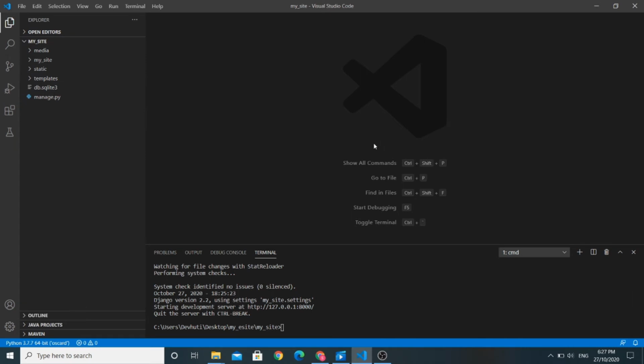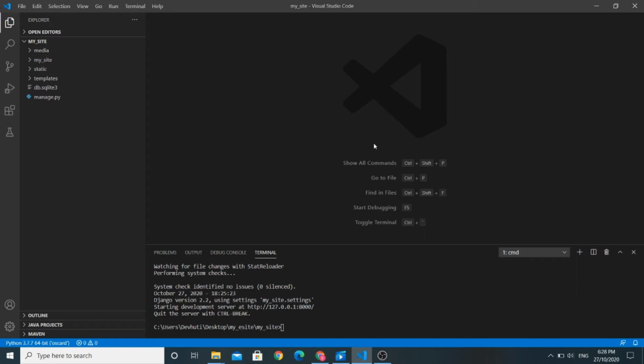So let us see what are the different steps we need to follow in order to fork the app in our project. Consider that we want to fork the checkout app in our project. The first step is we need to create an apps folder in our root project at the same level as manage.py. We will use the mkdir apps command to create the new folder.